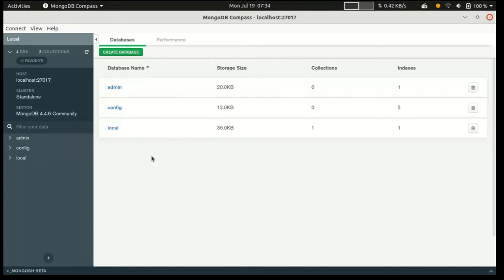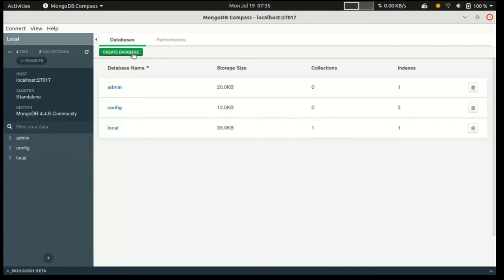So we can create a database. The database in RDBMS and the database in MongoDB are the same. In RDBMS we have a database as a collection of tables, and here it is a collection of documents, right? So a collection of indexes, documents, and many things. Like in RDBMS we have indexes, tables, views, triggers, procedures, functions, everything. In the same way we have a database here.